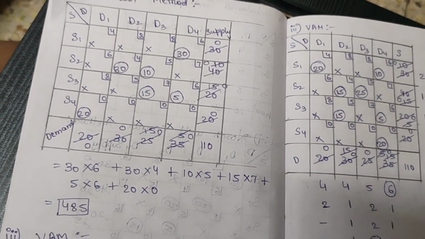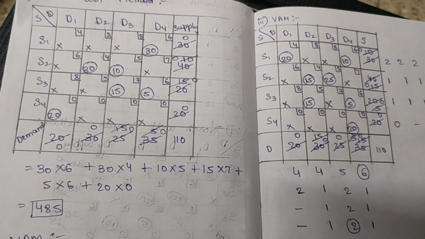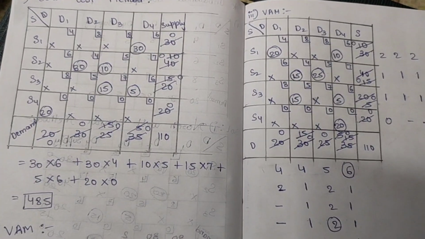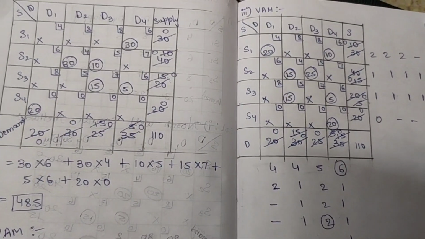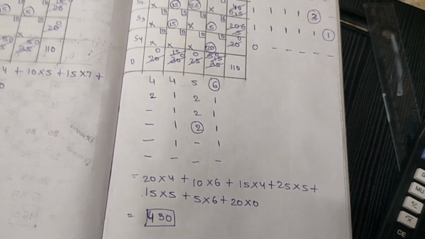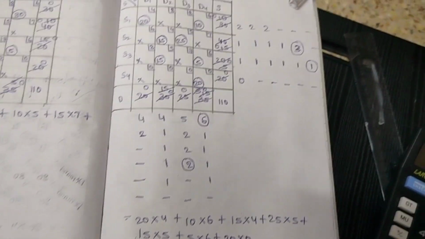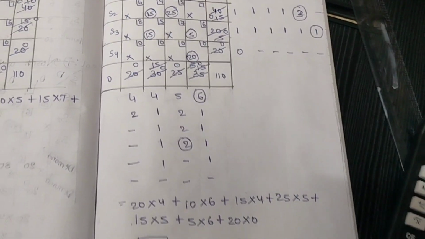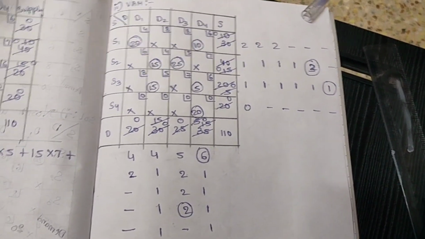Is it possible? So it is possible, because all these methods are not optimal solutions. It means these three methods don't give a guaranteed optimal solution, but as per textbook theory, VAM gives least cost. So in this problem VAM gave least cost. So when we compared the three methods, VAM is the best cost method.